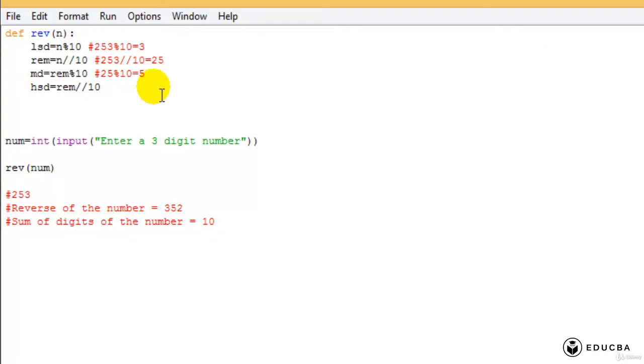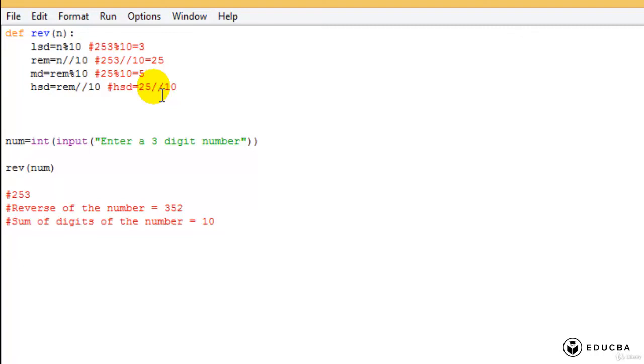Actually it is most significant digit, MSD, but just not to confuse with MD, I'm saying it as HSD. So can I say my HSD is equal to 25 floor division by 10, which is equal to 2.